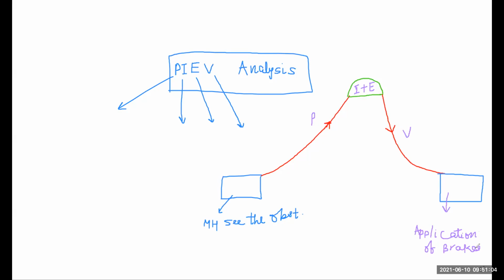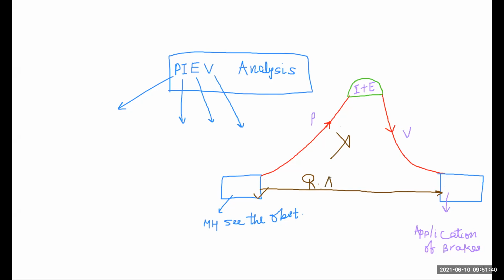These are our components. But I think one action is also involved in between them. If a driver sees the object and then applies the brake, he does not perceive or go through this process. That means these components are not involved between when he sees the object and just applies the brake. This is known as reflex action time. Some technical term is given. So he bypasses all the things.